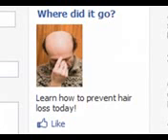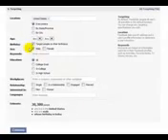Here I have a picture of a bald man looking kinda dejected. The title says, "Where did it go?" And the body says, "Learn how to prevent hair loss today." Oh, and just so you know,